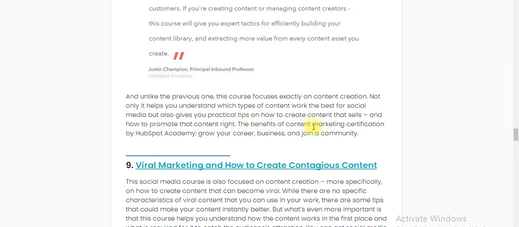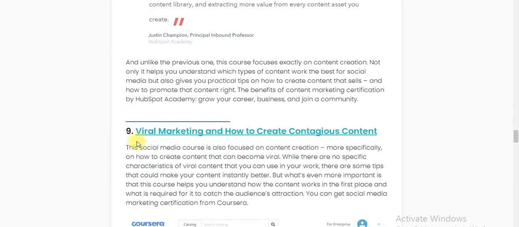The benefit of content marketing certification: the HubSpot Academy helps you grow your career, business, and community.